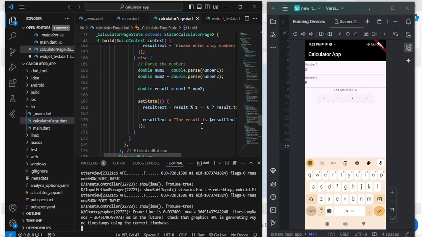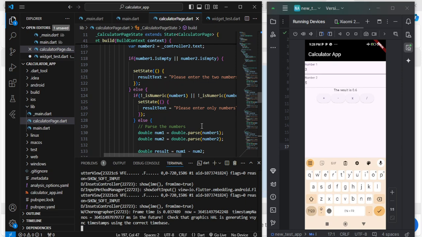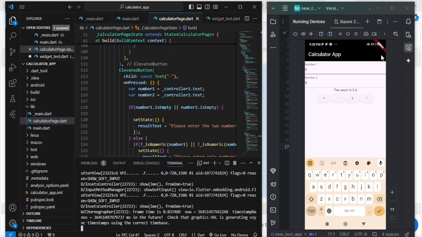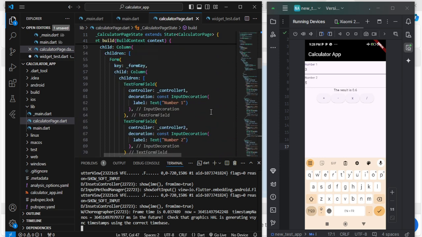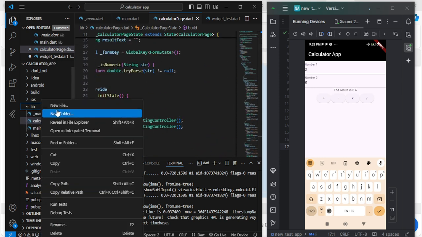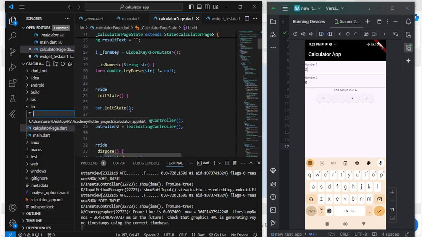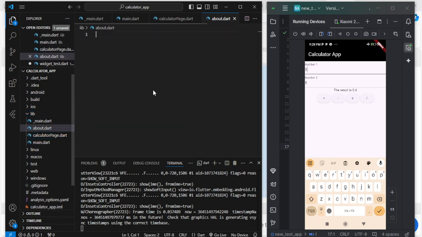But now we want to have an about page that will, when somebody clicks on, let's say, an icon here, it's going to take us to the about page, and then when the person clicks home, it brings us back to this place, right? So how do we do that? Let's create our about page, right? So it's a new file. I would say about dot, right? And then